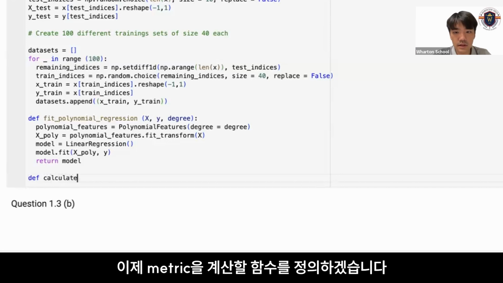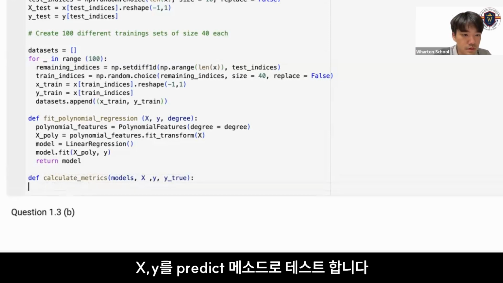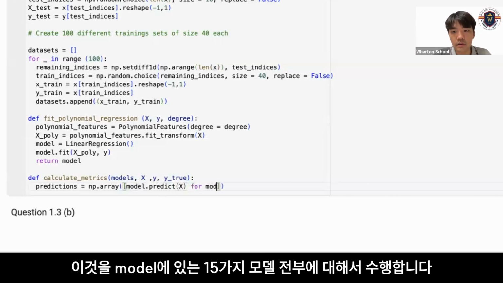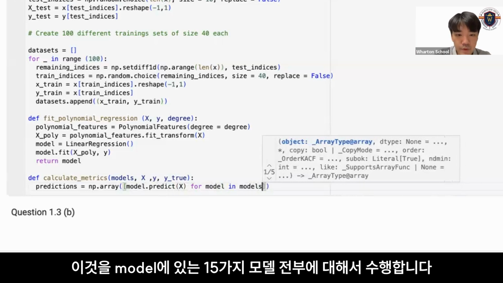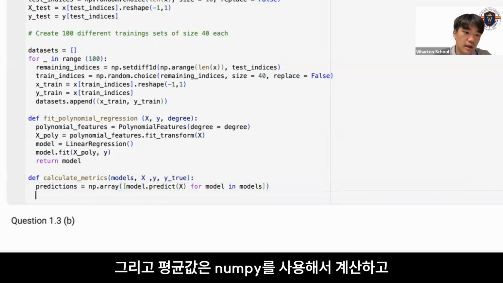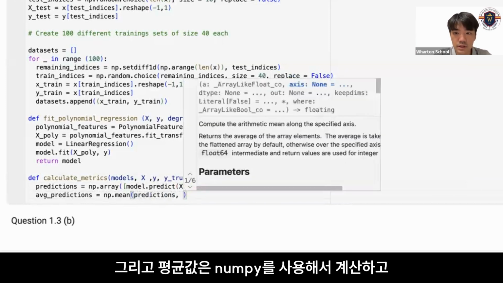For calculate metrics, we need the model, big X, and the true value of Y. So y_true. Okay, predictions is equal to np.array of model.predict x, for model in models. Those four models are the polynomials that we defined earlier. So for the models and the average predictions, we use NumPy to calculate the mean of the predictions,